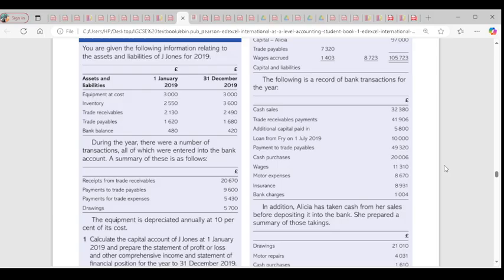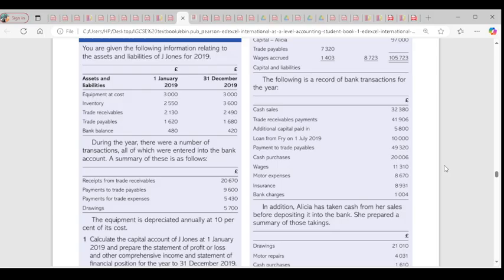So trade receivables are your receivables. How much did you receive? Trade receivable received payments of trade receivables, 20,670. Do you see it there? Yeah. Then our closing trade receivable,